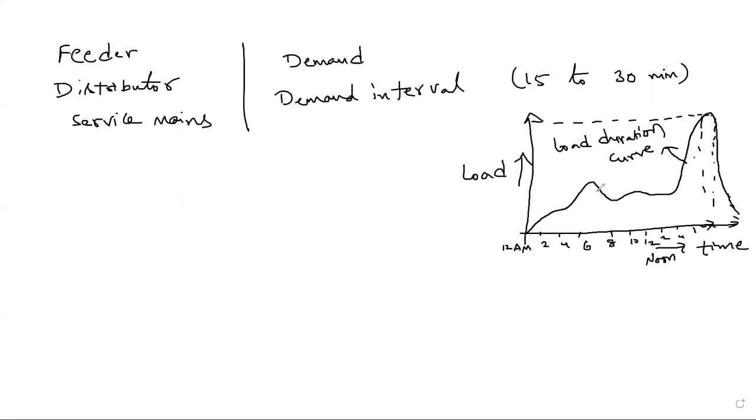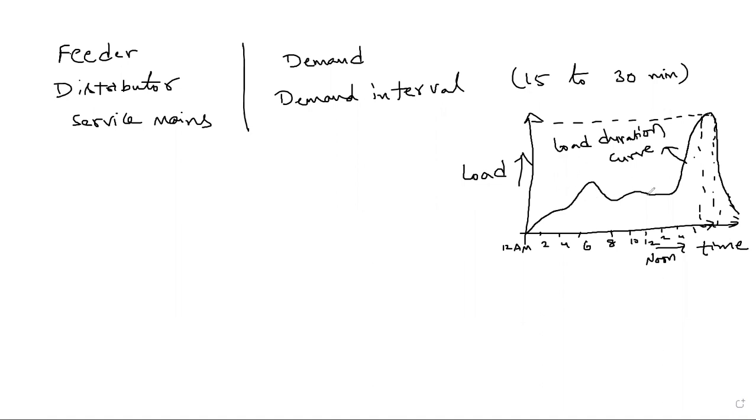That means simply it is a function of demand intervals. This curve we can draw for a daily purpose, or for a month, that is monthly purpose, or take the analysis for the complete year. Annual basis means we go for 8,760 hours during the complete year. Then we simply call it the load duration curve for 1 year, on an annual basis. If it is a daily basis, it is for 24 hours.